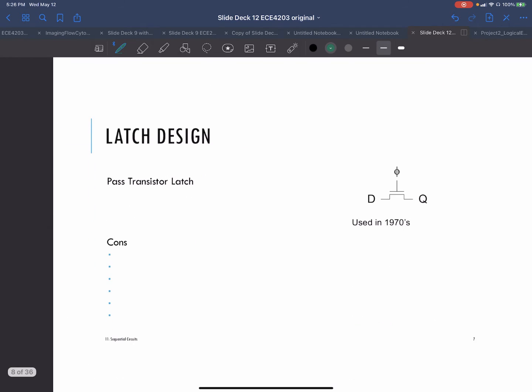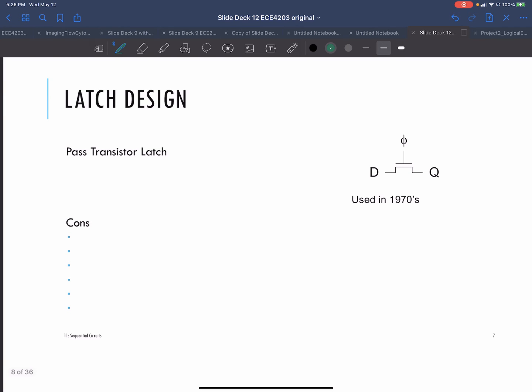Okay, so here's sort of a history of latch design, and the reason we're going through these is just to